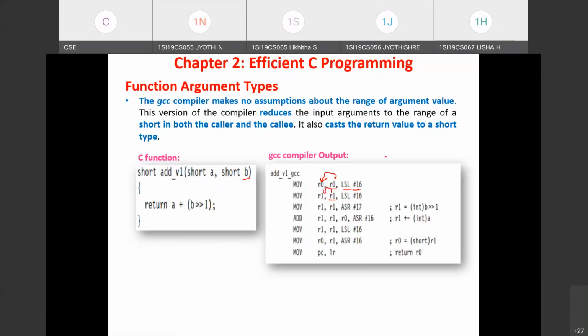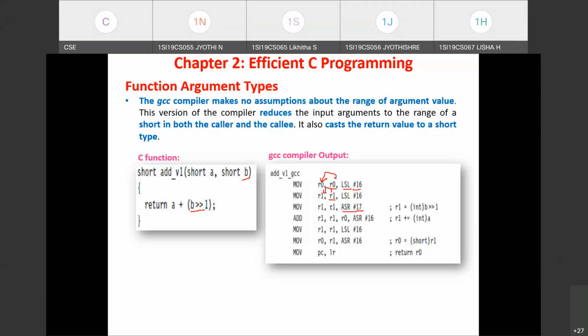Now we have to perform arithmetic right shift 16 times on R0 and R1. Anyway, we need to reduce the b value by half. So instead of arithmetic right shifting 16 times, we are performing arithmetic right shift 17 times, since we not only need the 16-bit signed range, we also need to reduce the value held in the R1 register by half. So how is it actually done? One more time you perform the right shift, in addition to 16 times right shifting, we are performing 17 times.